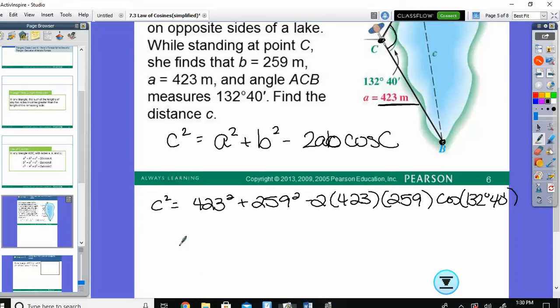Well, okay, my calculator froze, so I'm just going to do it and not show you what I'm doing. Remember when you type in that 132 degrees and 40 minutes, you do plus 40 over 60. So I get C squared equals